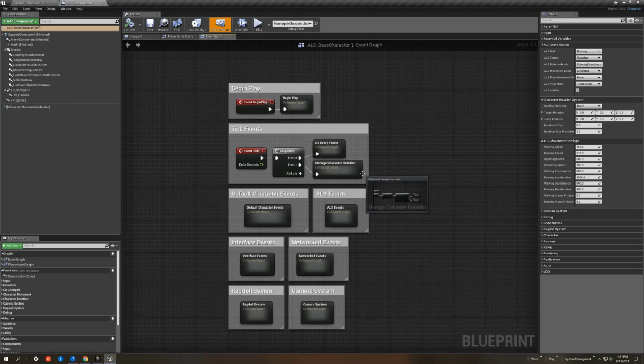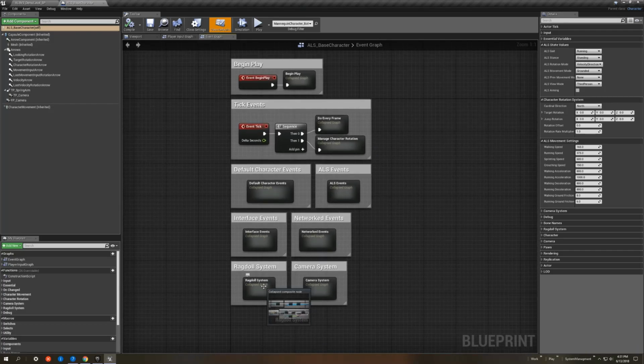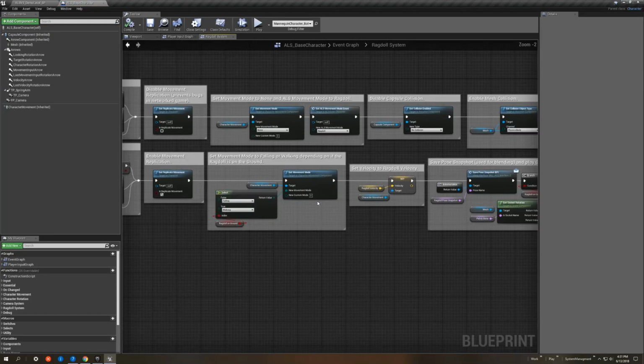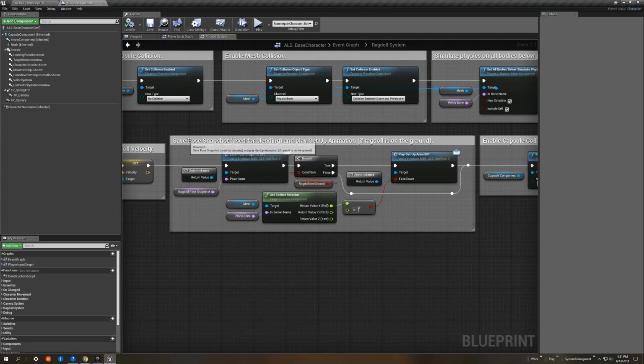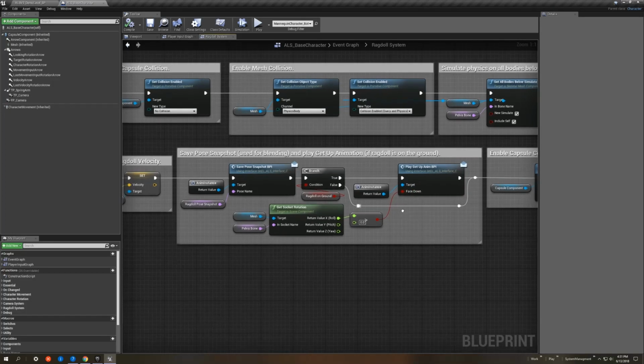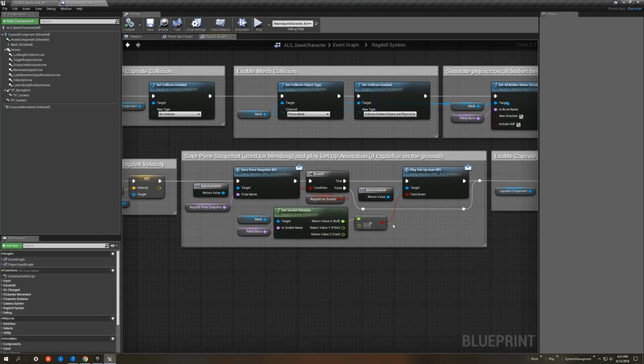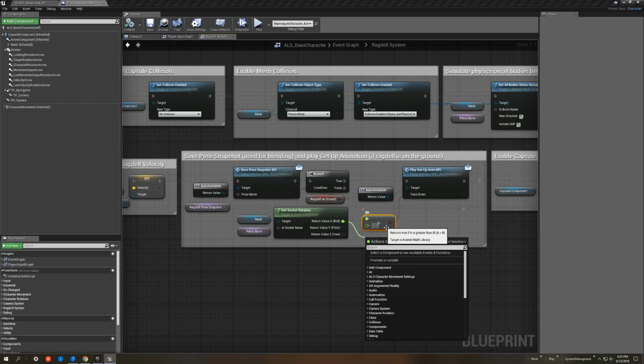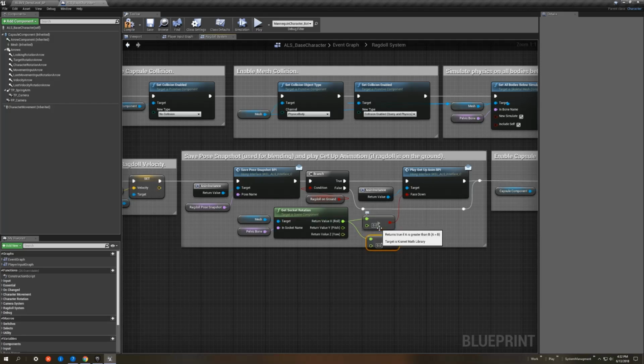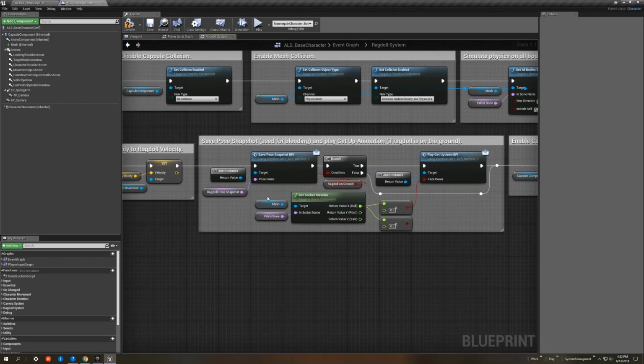If I were to open this up, there are two places we'll need to work. If I were to go into the Ragdoll system, right here, it plays a get up animation, and then it gets the rotation of that socket to determine whether or not the character is facing down, and that'll determine which animation to play, from the back or from the front. But because the joint orientation is different, instead of greater than 0, we actually need this to check if it's less than 0. And